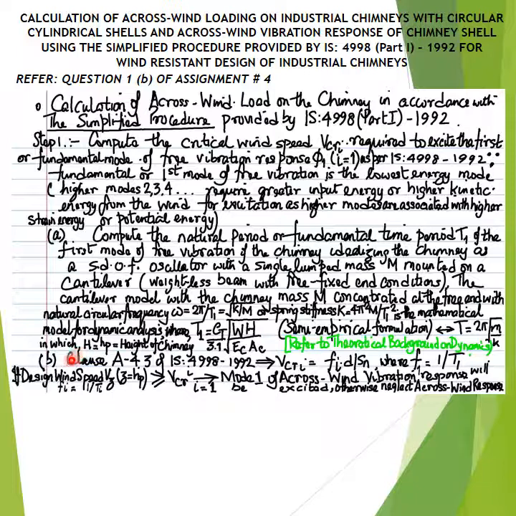Therefore, in sub-step B, we calculate the critical wind speed VCR1 for the first mode, I equal to 1, of the industrial chimney structure, using the formulation provided by clause A 4.3 of IS 4998,